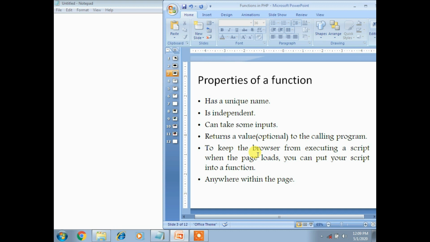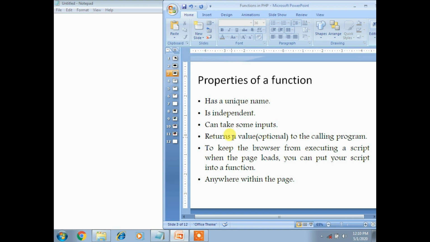It is independent and can perform its task without intervention from other parts of the program. It can take some inputs, meaning arguments, for performing the task, and it returns a value that is optional to the calling program.